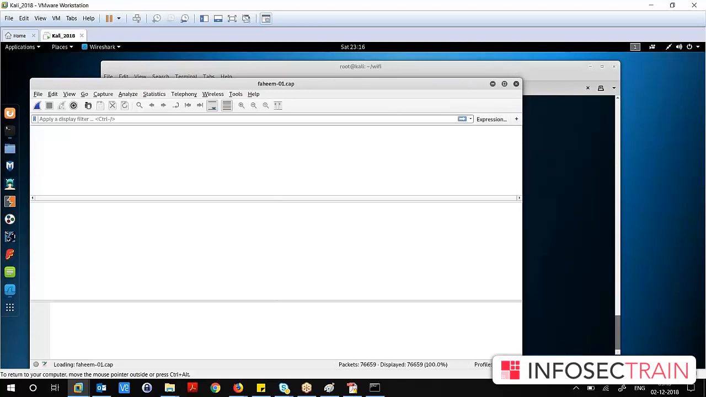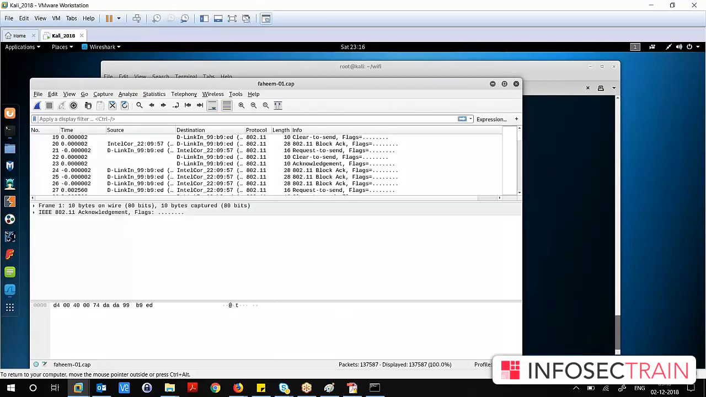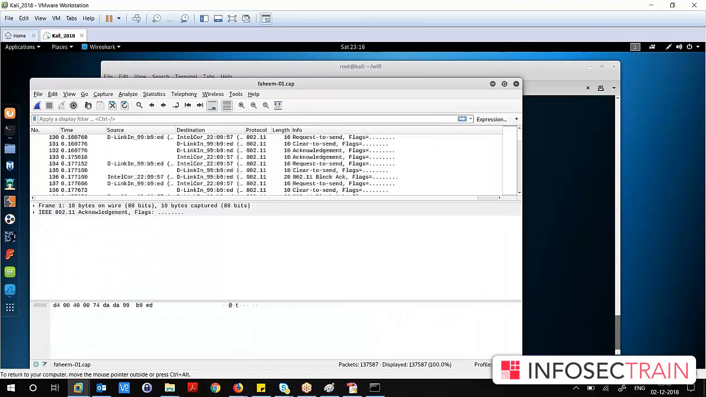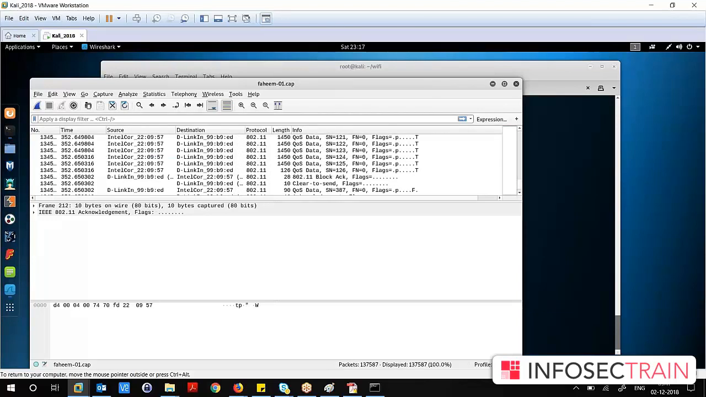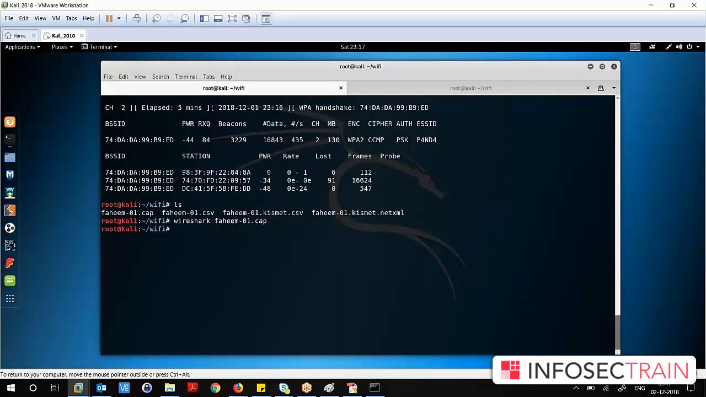So now, can you see all those packets being sent across? Yes. And if you look at the total number of packets, it's almost 137,000. So it's pretty hard to go through each and every packet one by one and look for the authentication, isn't it? Yes. So we have another command with the name aircrack,